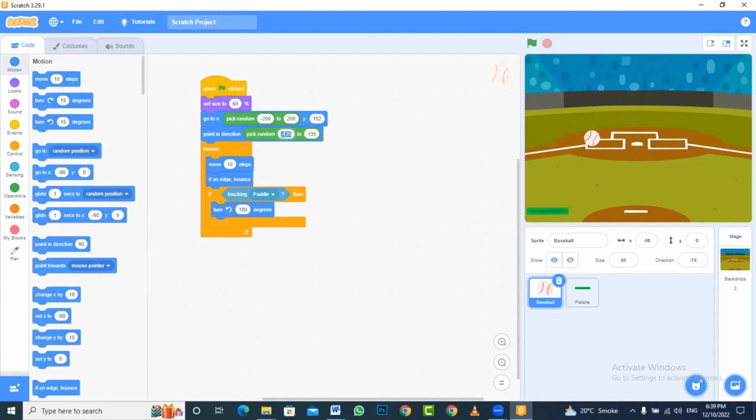I can't find the if block. 180. Is it if then? It's working now. It's touching the paddle. So if it touches the paddle, it would go back. Something like that. Where do we put the if block? We put that if block